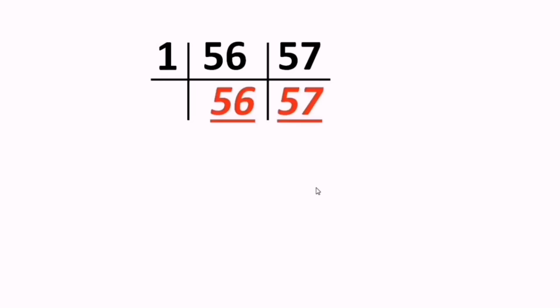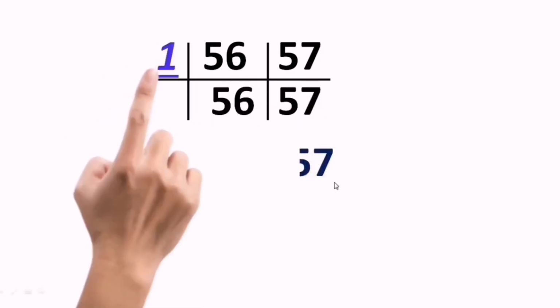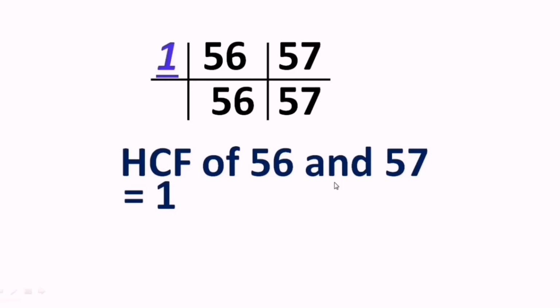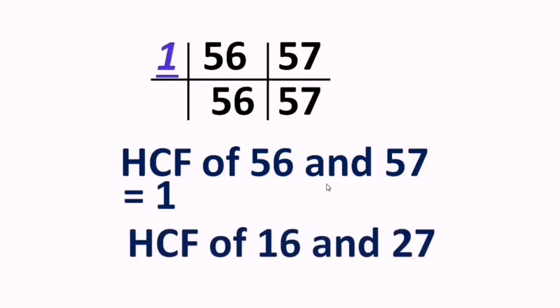Okay, and if you are not able to find any number which is dividing the given numbers, and you are at the first layer of the question, that is the first layer, 56 over here, 57 over here, then you have to use 1 itself, and the sum will get over, and 1 will be the HCF for those numbers. So keep it in mind, take it as a rule that the HCF or the GCD of co-prime numbers is always 1.